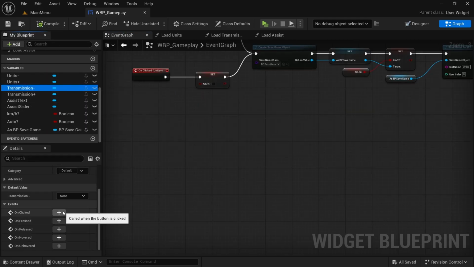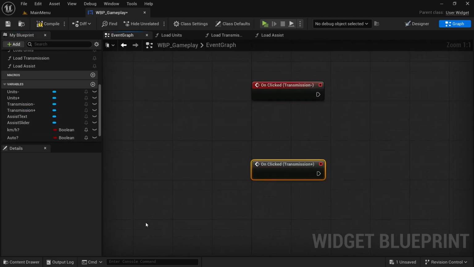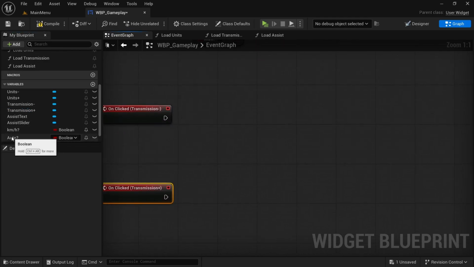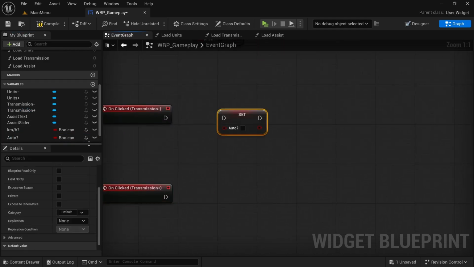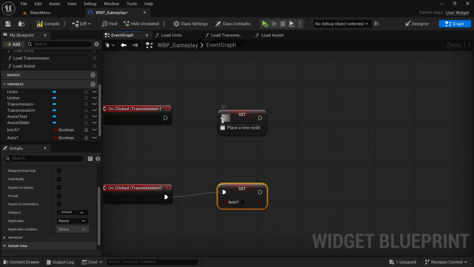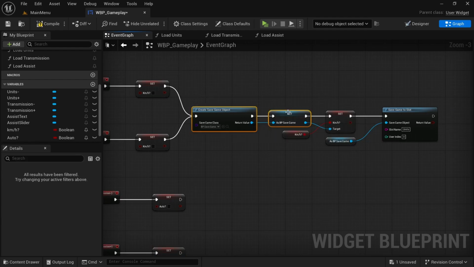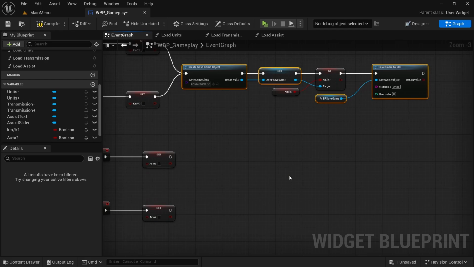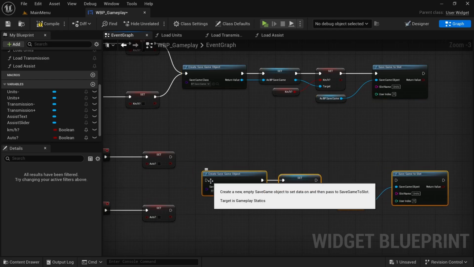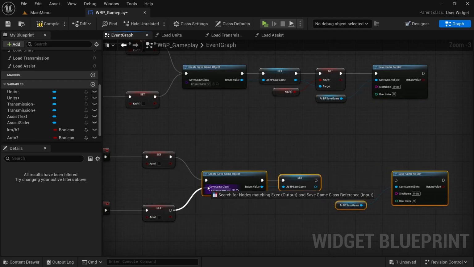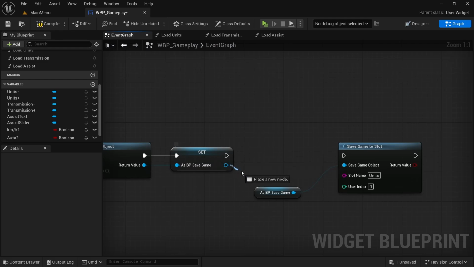So transmission negative, on click, transmission positive, on click, drag in the auto, hold Alt, drag it in, connect the execution pins, and then we can copy the code up here. So we're going to copy the create, the set, and the save game object along with the variable. Control D, connect the execution pins, and then from the set as BP save game, I'm going to drag off